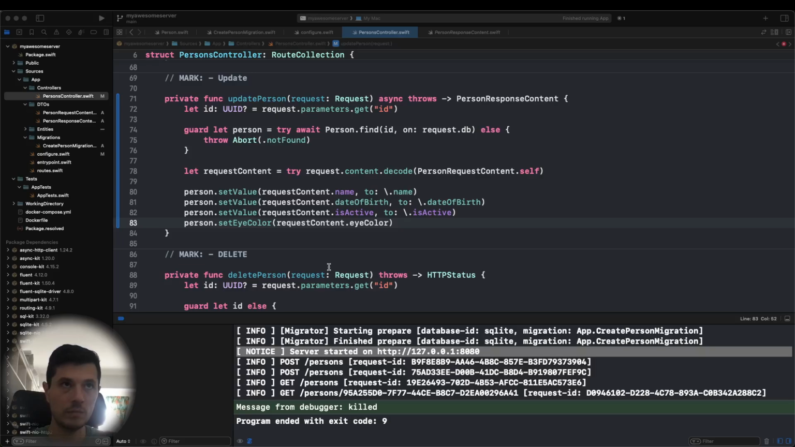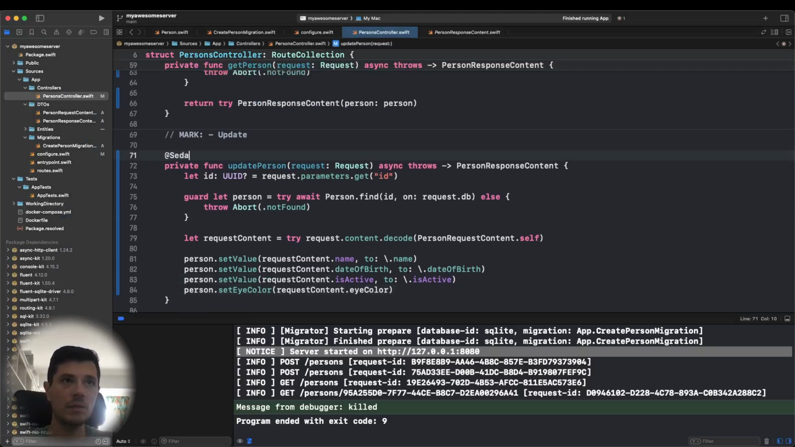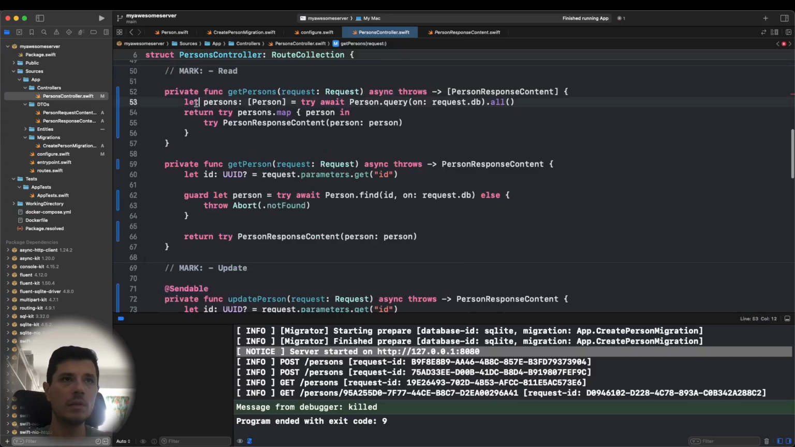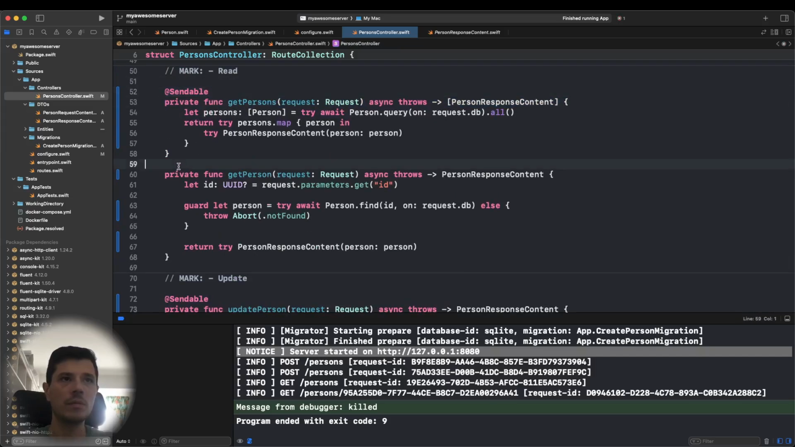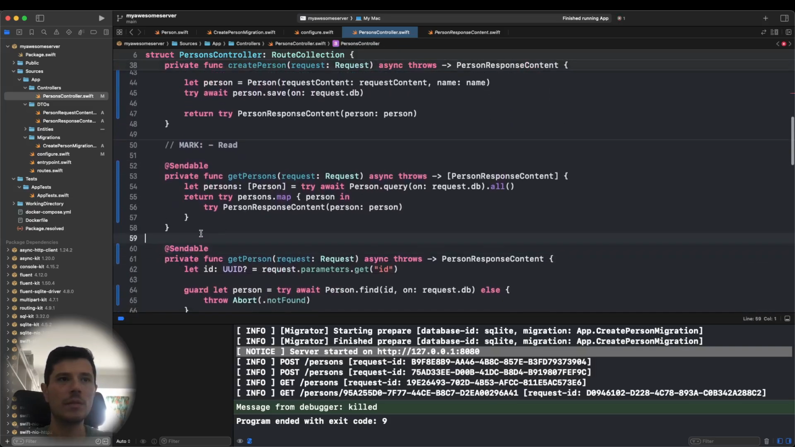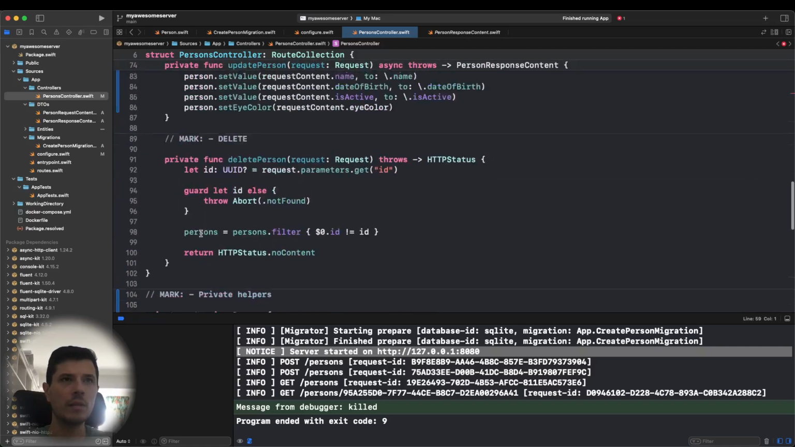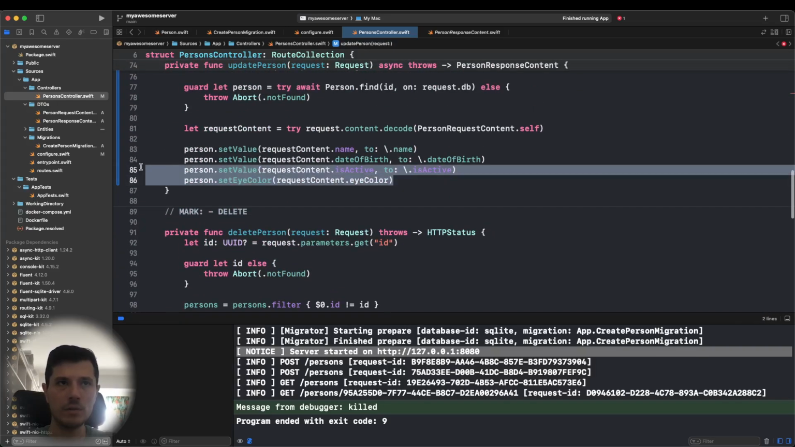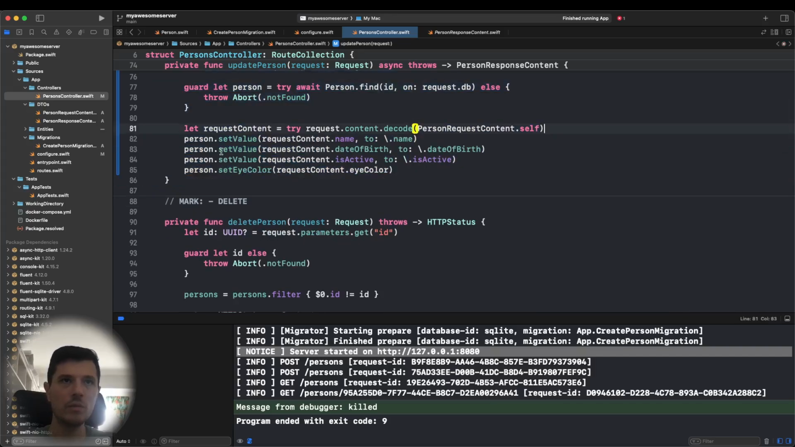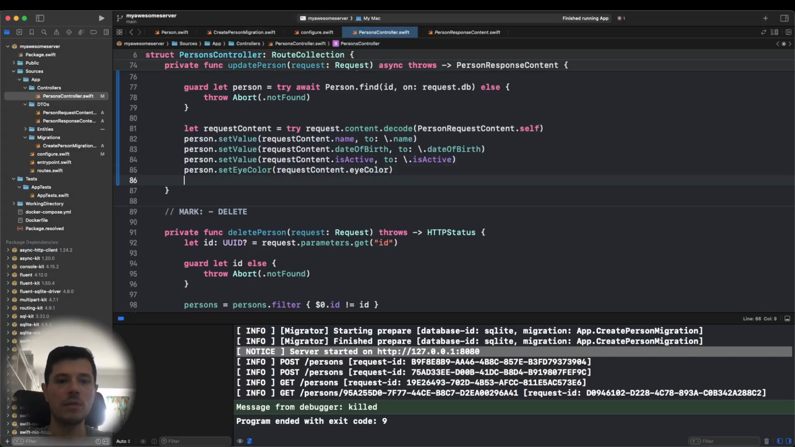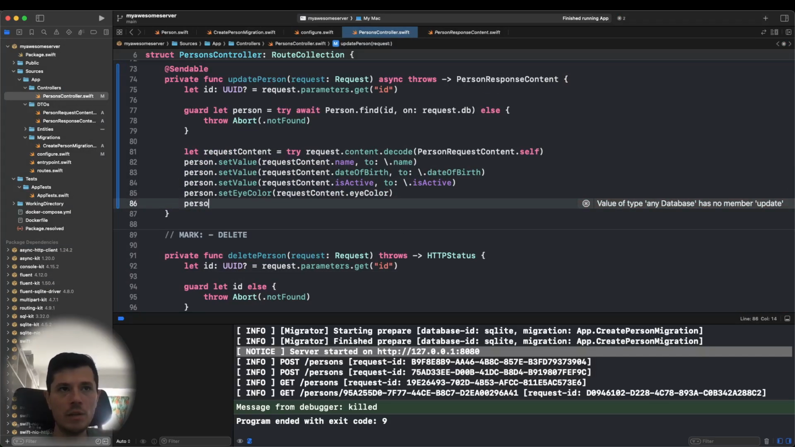Nice. Yeah, because we can also make this sendable. So the read ones we can make sendable, so they are safe in a concurrency world. I will update that in a moment. So we set the values right here. We took the request content, we updated the person database model, but we also need to sync those values, right? So we can do that with person.update